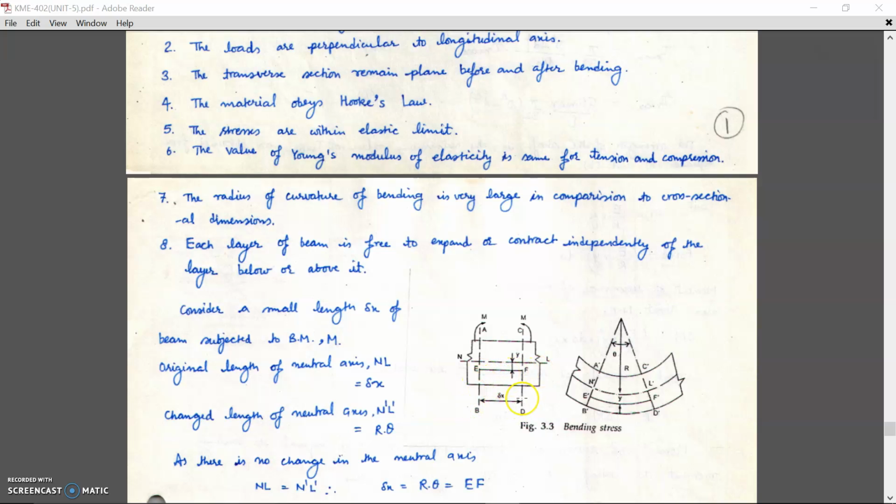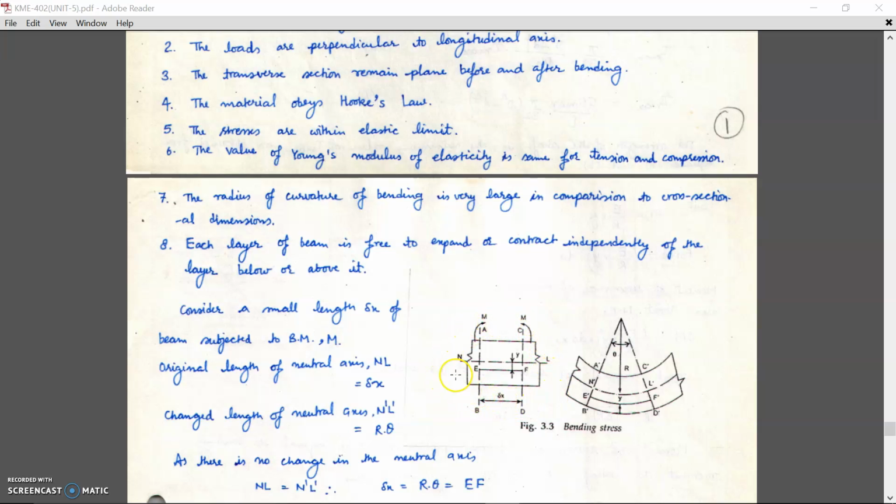Okay. And I draw one line, and that line is EF, and I consider this very small section of the beam, of length BD, which is of length delta x, and I mark a line on this beam. This line is EF, and EF is at a distance of y from the middle line, right? This is my beam in neutral position. Neutral position means when no bending moment is applied to this beam.